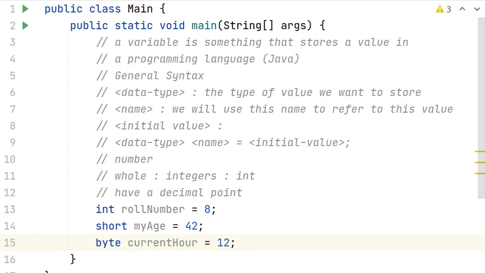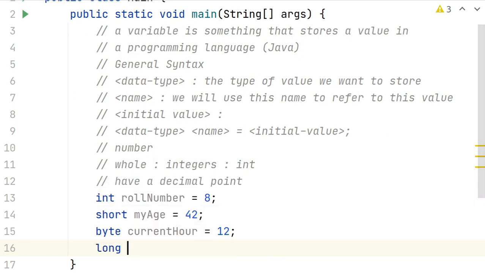Similar to the short integers, we have something called the long integers as well. Let's say contact number, and we'll say 1 2 3 4 5 6 7 8 9 0 and done, right? So these are the 4 types of integer values we can store in a variable in Java.